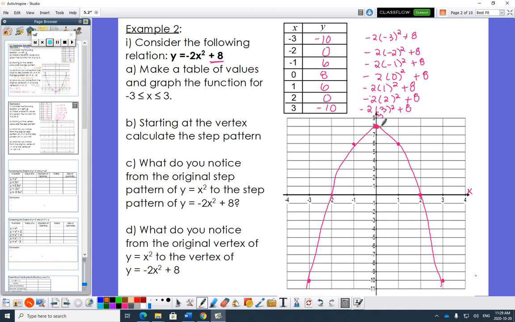So now we're going to go over 1. And this time we went down, so you can call that negative. And we're going to go down 2. Over 1, down 1, 2, 3, 4, 5, 6. Over 1, down 1, 2, 3, 4, 5, 6, 7, 8, 9, 10. So when you do 1A, 3A, 5A, 7A, our new step pattern is